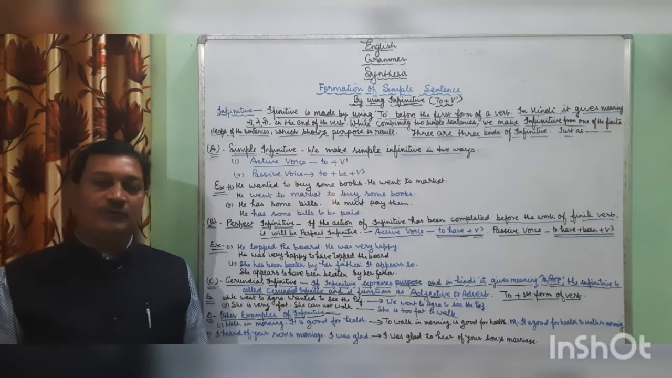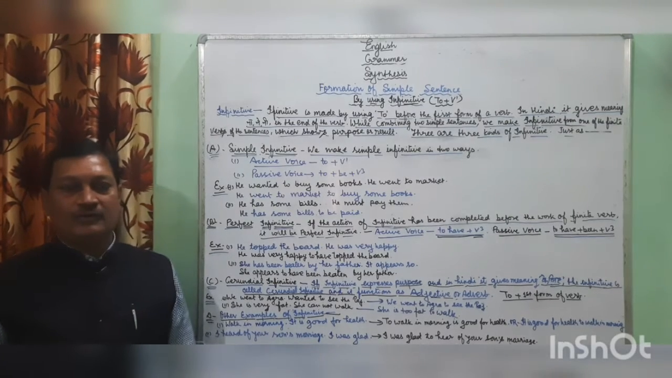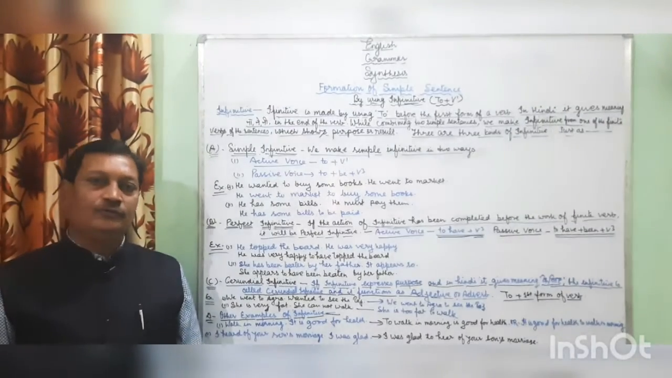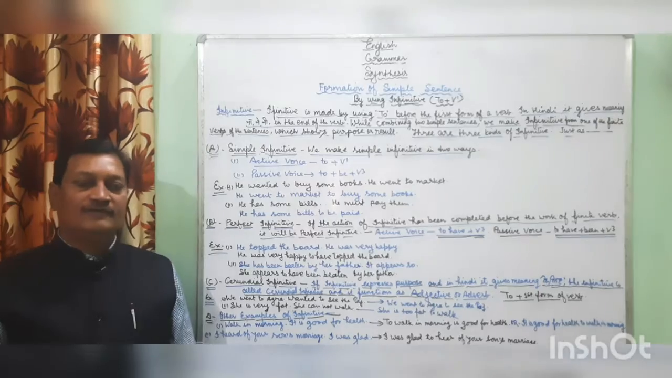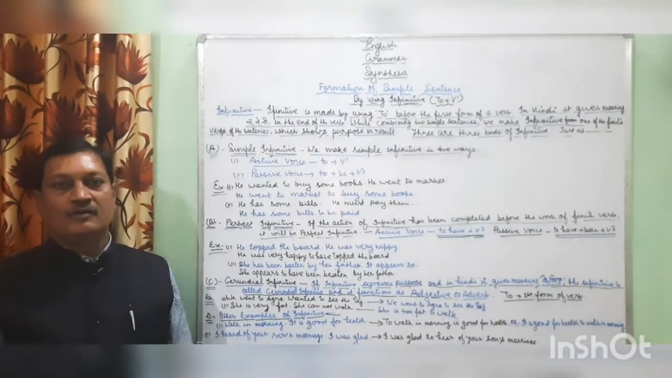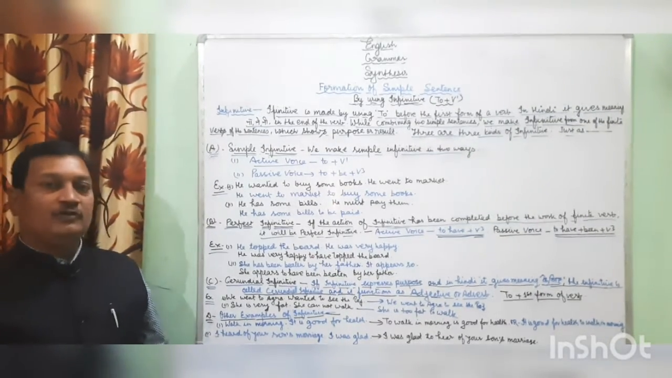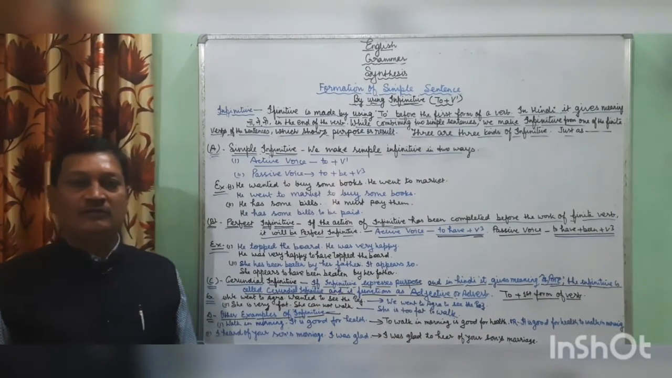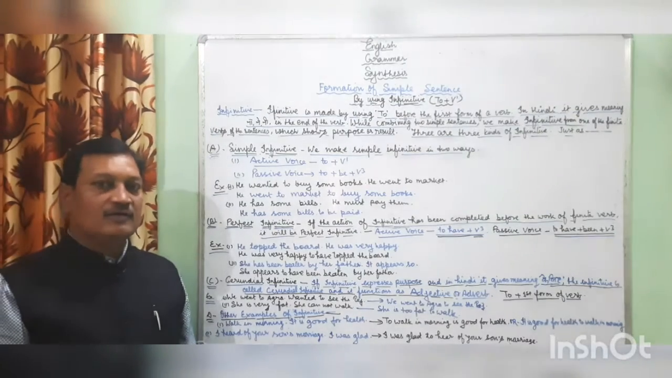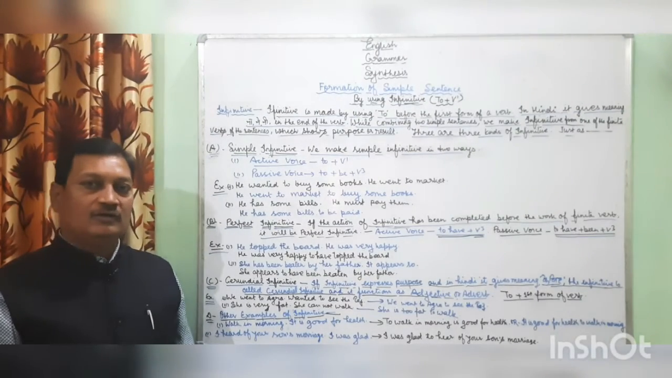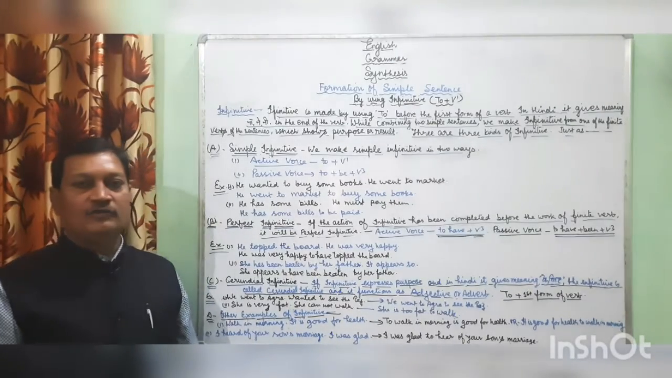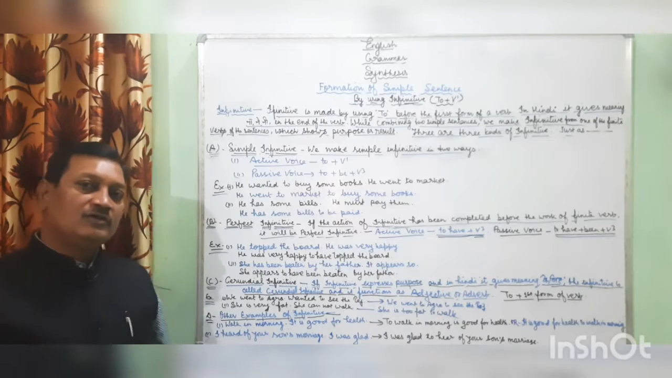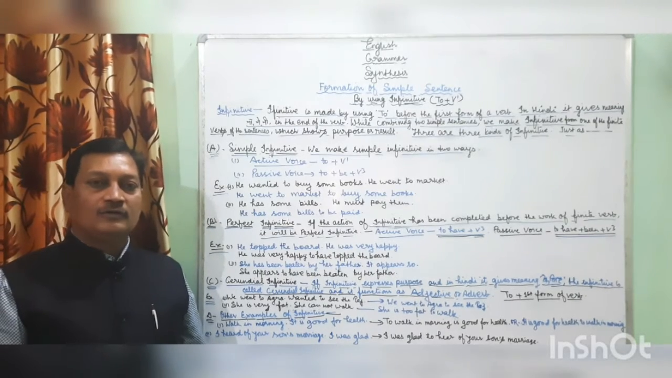Dear students, in the previous video, I taught you how to combine two or more than two simple sentences into a simple sentence by using participle. In this video, we are going to study the combination of simple sentences into a simple sentence by using infinitive. Students, as I have already told you in the previous video, infinitive is formed by using to before the first form